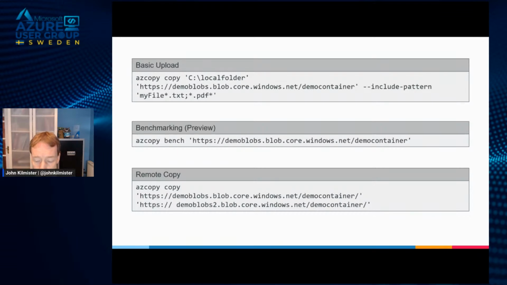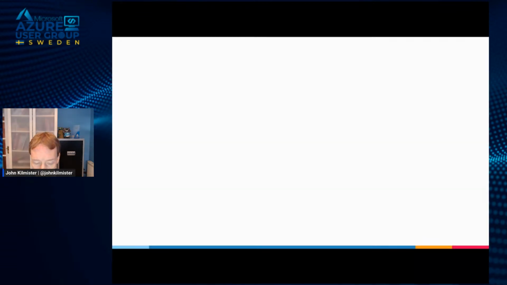So we can copy from an AWS bucket or a Google storage account across into Azure. So if you're migrating data or you need to keep things from another cloud provider, it can also do that. And because this is a command line tool, we can wrap it into larger Bash or PowerShell scripts and automate those on VMs and various other things.